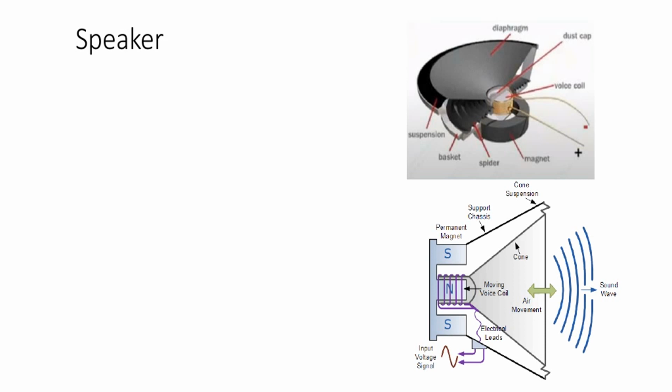So the diaphragm will move with a certain vibration, and if those vibrations are in the frequency range of 20 hertz to 20 kilohertz, we will be able to hear that sound, right? So this is how the speaker works. And in good speakers you can find an amplifier and noise removal circuit also, so that will increase the quality of that speaker, right? So this is how this is working.